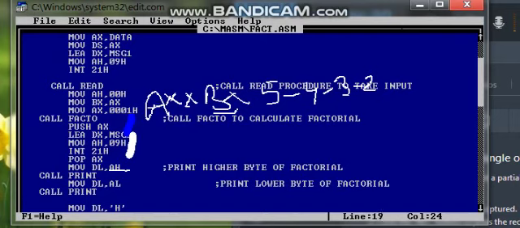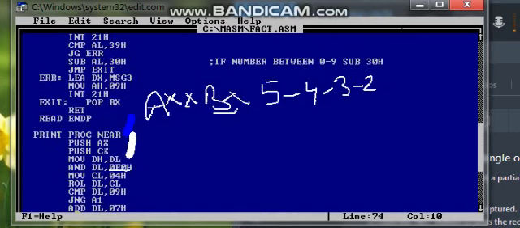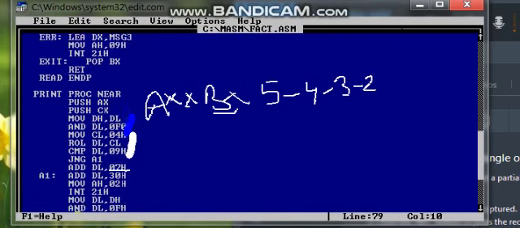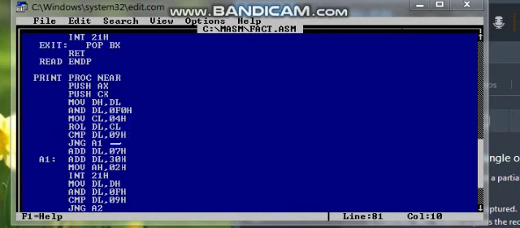See here, this is AH and this is AL. The printing logic is that we have to print it as a hex number. So we have to AND it with 0F0h first. After that we rotate it by 4 and compare it with 09h, as we want to print it in hex.